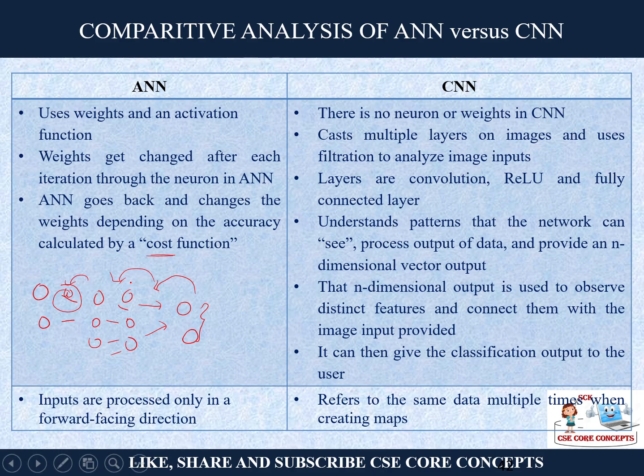Whereas in case of a CNN, we have seen there are multiple layers. It is not only one layer. First, we had done convolution. Now, convolution is also done multiple times, right? So that you can extract the features of the image. The first convolution layer might be highlighting the edges of the image. Somebody might be detecting the color of the image and so on. Thereafter, we apply the ReLU function. We have the flattening, fully connected layer. So it is a series of layers which we are performing, which is not there in case of ANN.